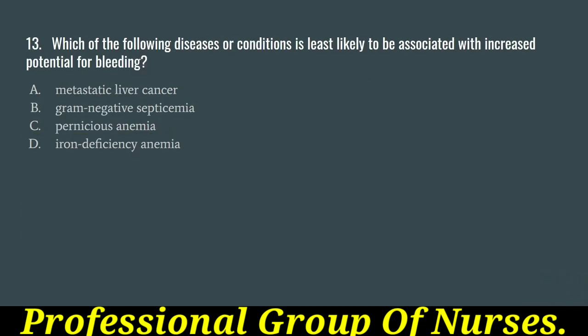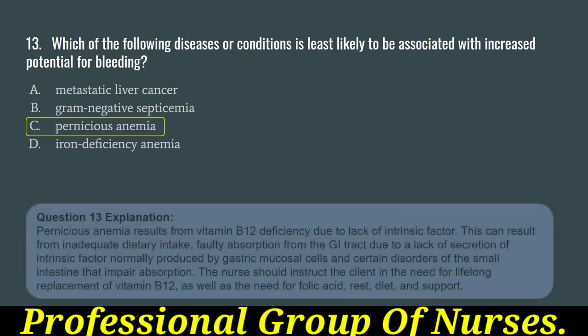Question 13. Which of the following diseases or conditions is least likely to be associated with increased potential for bleeding? A. Metastatic liver cancer. B. Gram-negative septicemia. C. Pernicious anemia. D. Iron deficiency anemia. Question 13. Answer: C. Pernicious anemia. Question 13. Explanation: